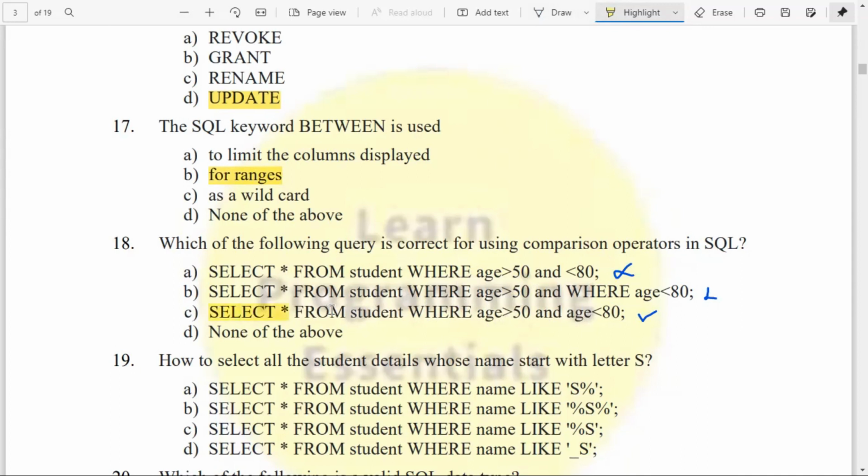So this is another method instead of using the between operator. I have told you the between operator can be used as a combination of relational and logical operators. Instead of this, we can also write select staff from student where age between 50 and 80. That's also correct. But when we use between, both the values are included, that is, 50 and 80 are also included.